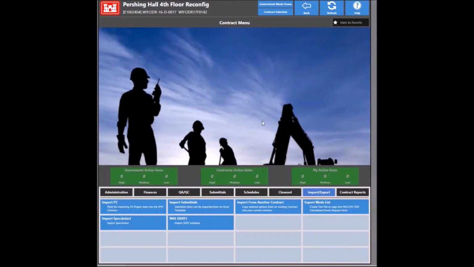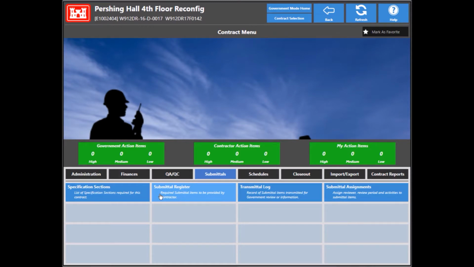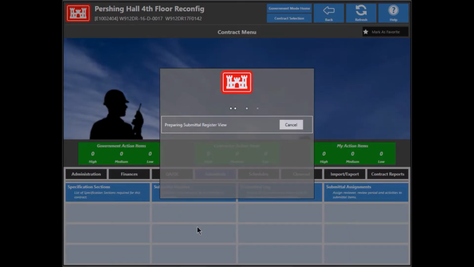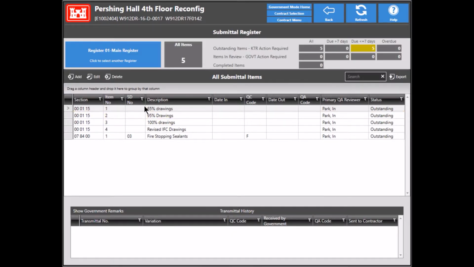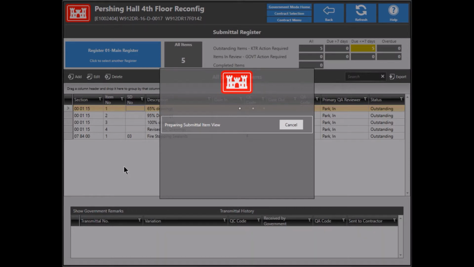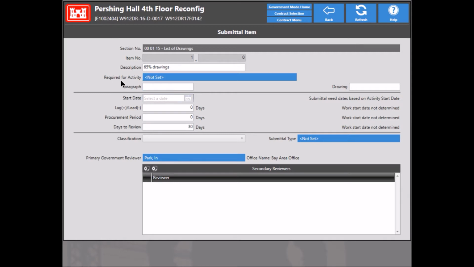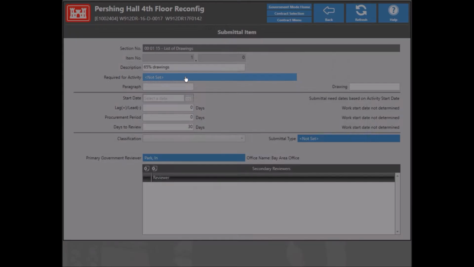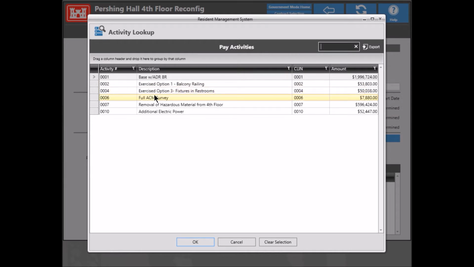Still need to fix up the register. So regardless of the method that's used to load the submittal register into RMS, once the contractor has developed their initial schedule and loaded that, they need to go here into the submittal register screen. And it's very critical, they need to associate for each of these submittal register items a specific schedule activity. So you can see here there's a required for activity field. This actually needs to be set, a specific activity that's associated with this particular register item. Otherwise, the submittal need by dates will not populate in the register,